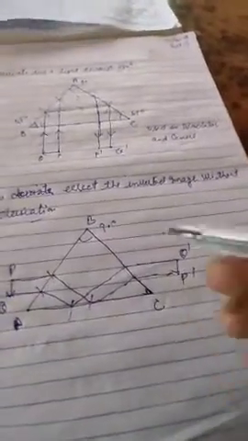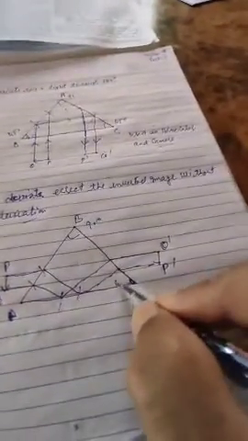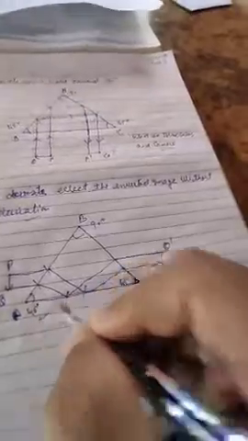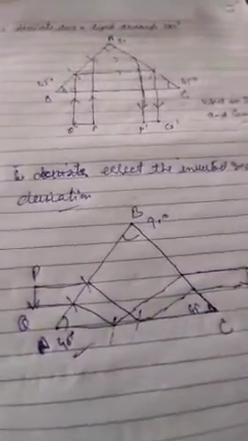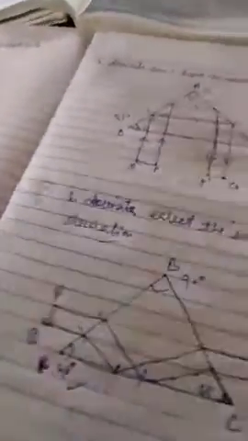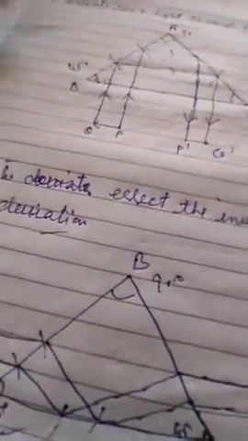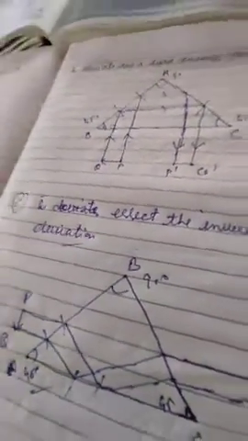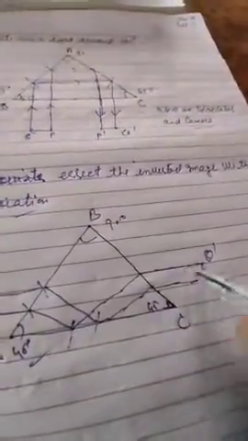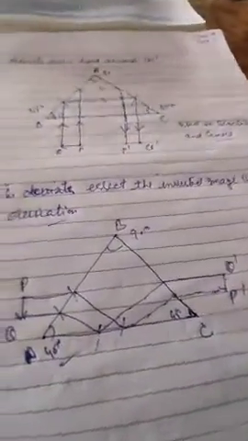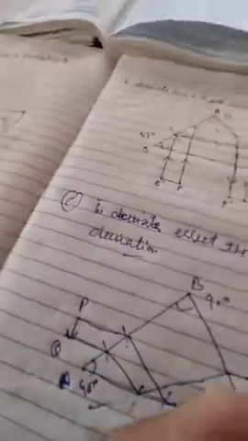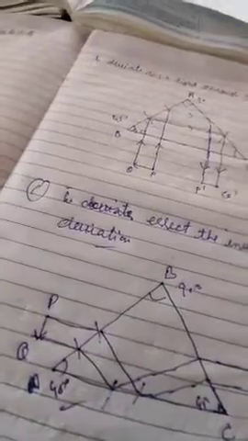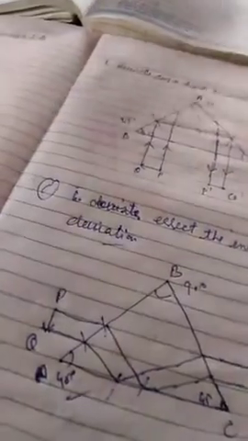So you can try it on your own. This angle is 45, this angle is of 45 degree. So the beam emerges parallel to the face. Means in this case, this beam has emerged parallel to the face. So in this case, we can erect the inverted image without deviation. So these are the three cases.